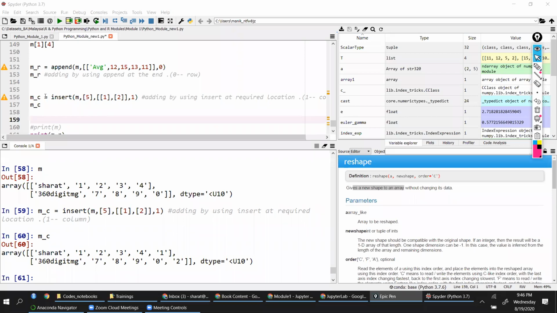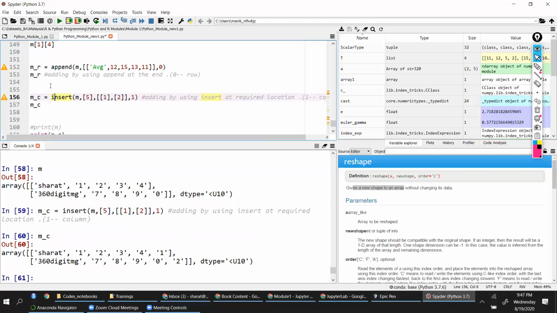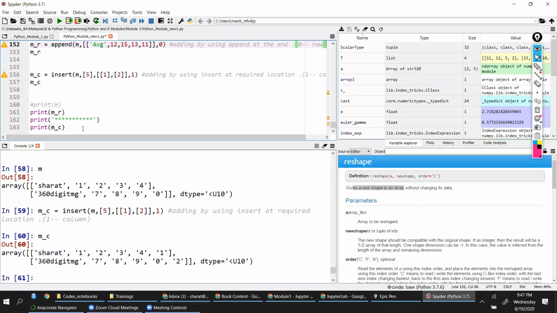Okay, now the task for you all is: can I use append to add a value into a column? Similarly, can I try insert and get a value into a row? Because if you see the syntax here, it says axis equals None. So that basically means it has an option, 1 and 0, it can do. So try out, experiment, and tell me what you are getting. Append and insert. Just experiment. I don't know the result. You just might want to explore and tell me.